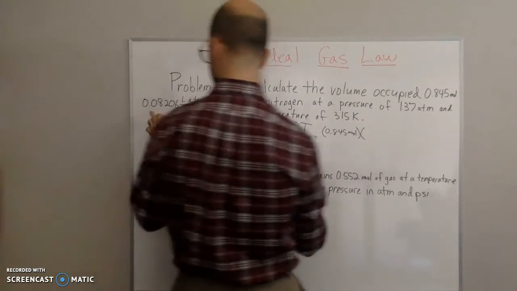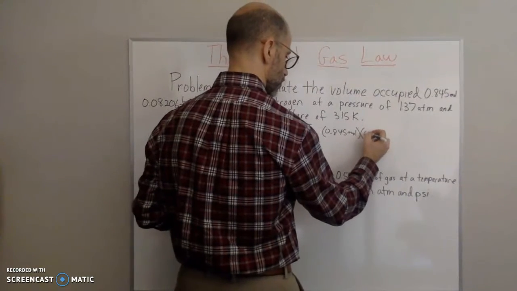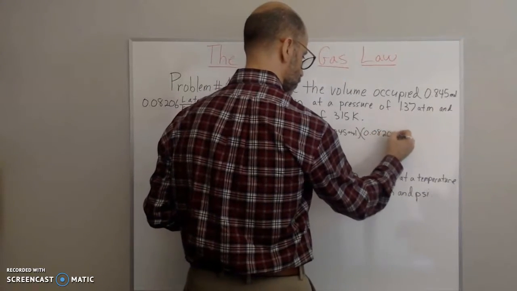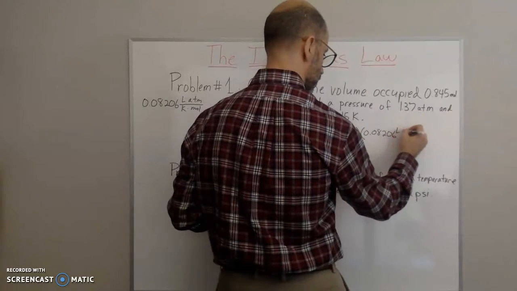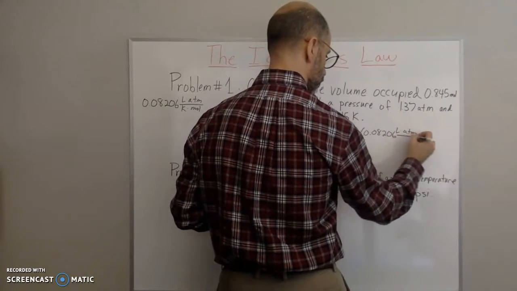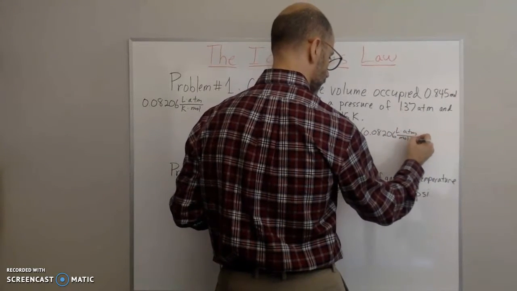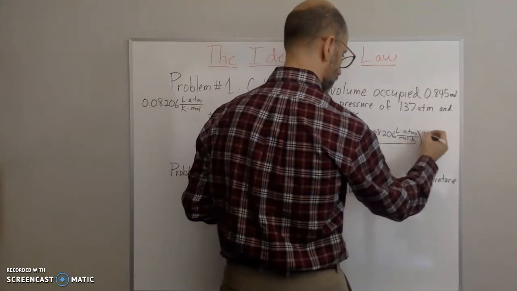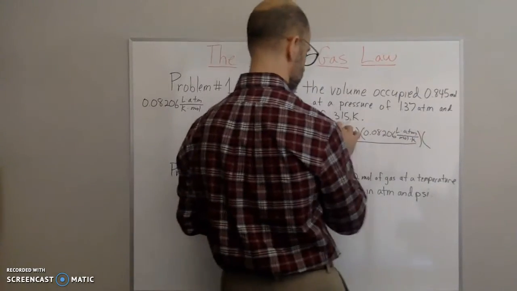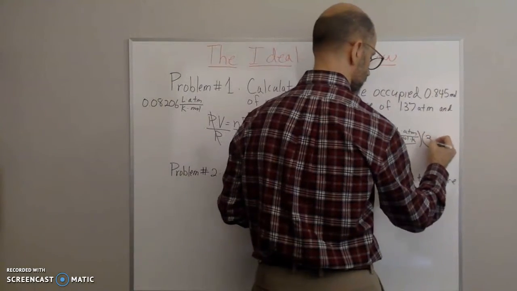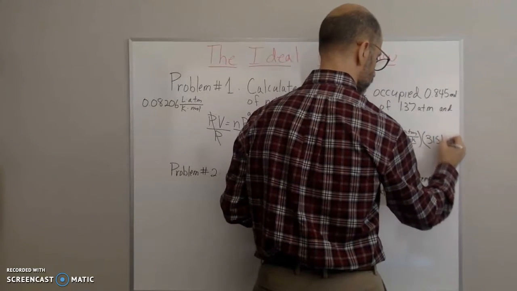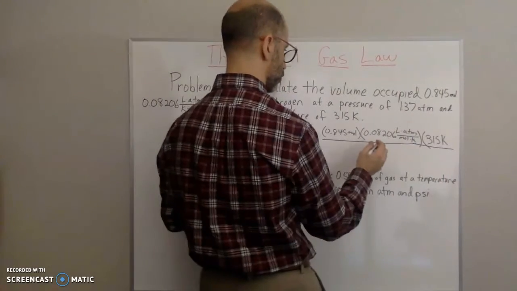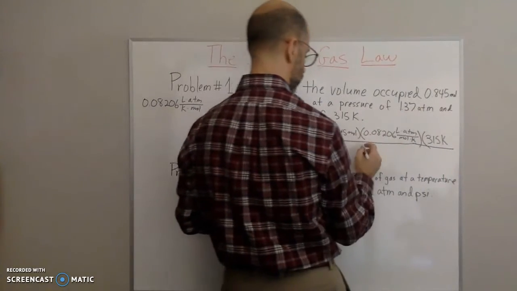The R value is here, so 0.08206 liter atmospheres over mole Kelvin. And then, we need to multiply by the temperature, which is 315 Kelvin. And then all of that divided by the pressure, which is